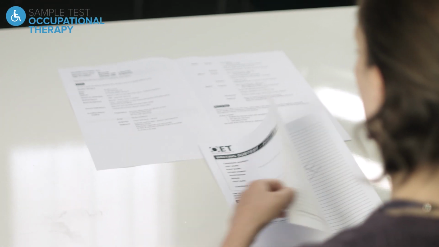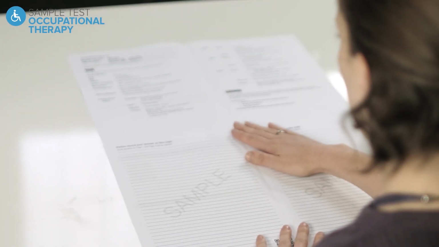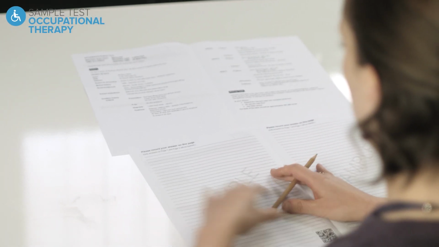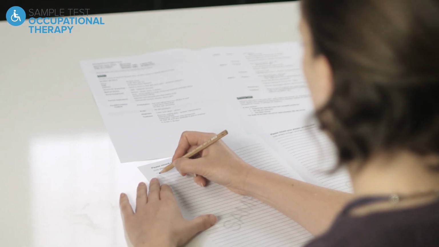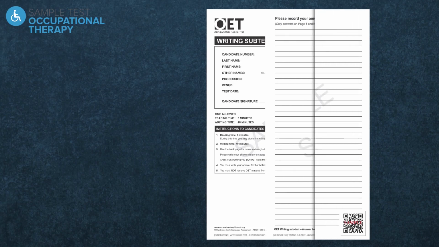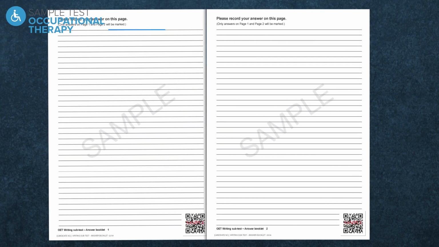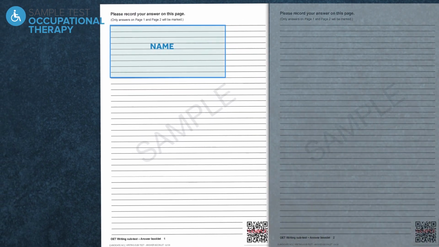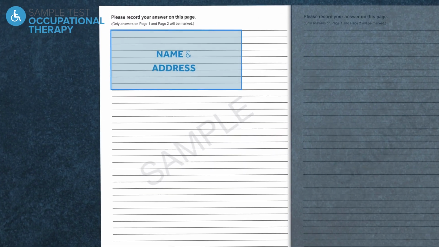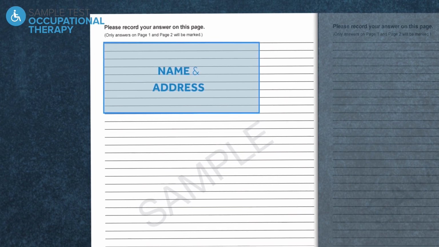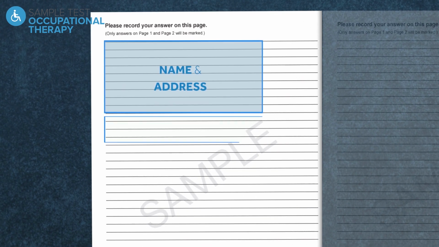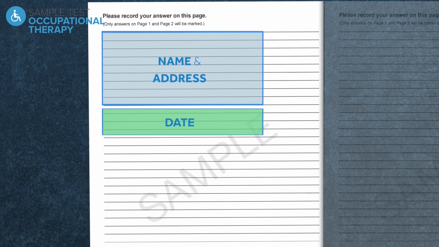I have a clear plan in my mind, and it should be easy to record all the information in the 35 minutes I will have left and still keep some of this time to check my work at the end. I'm not going to write the whole letter now, but just to point out a few things. Opening my answer booklet, I'm going to start with the reader's name and the address, which I can copy directly from the writing task. Underneath this, I will add the date, which is today in the case note, 30th of